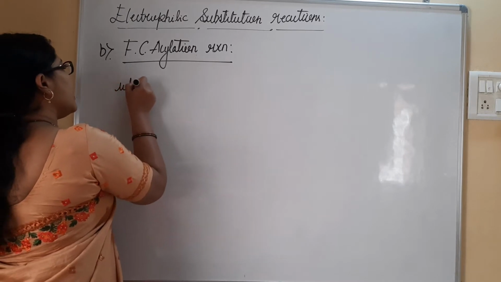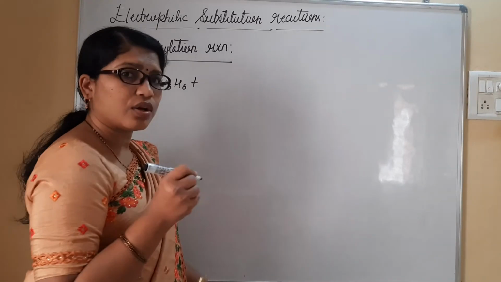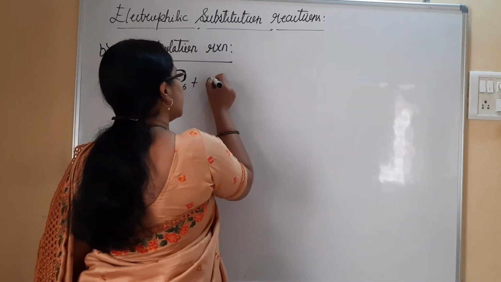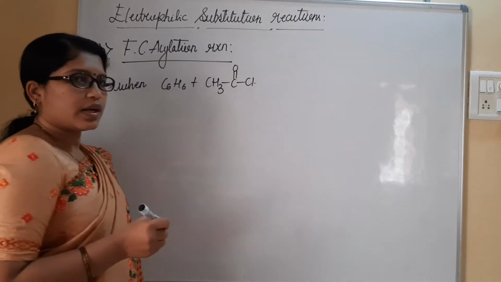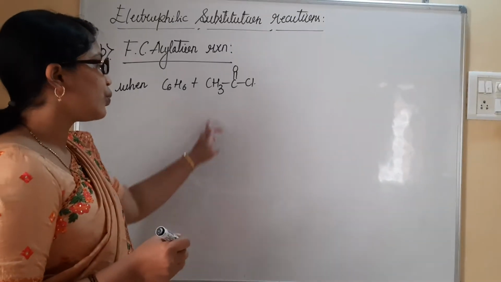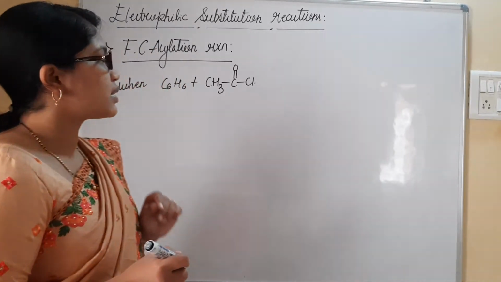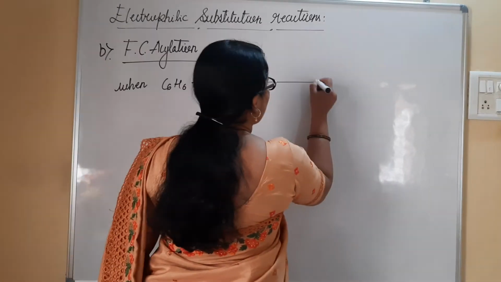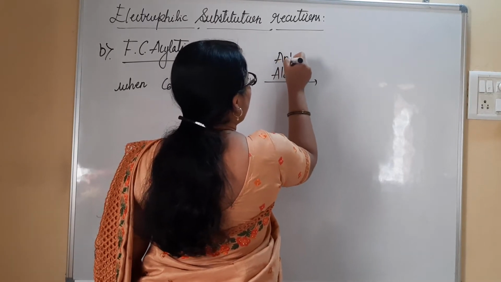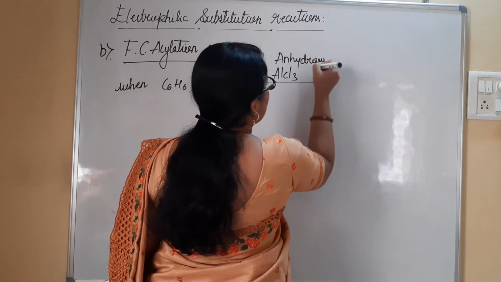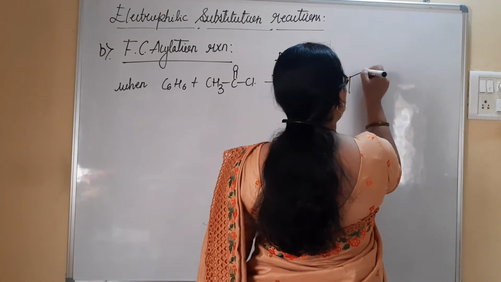When benzene is treated with acyl chloride, here let me consider the example of CH3COCl, acetyl chloride. CH3CO is said to be the acetyl group, to which we have a halogen substituted, called acetyl chloride, and the reaction is going to take place in presence of anhydrous AlCl3. Along with this, we are supposed to heat it, and here we are going to obtain the final product,